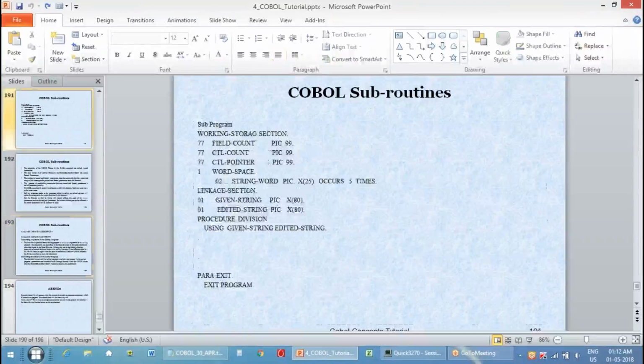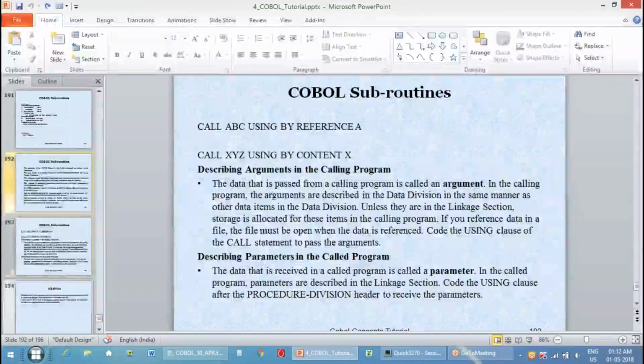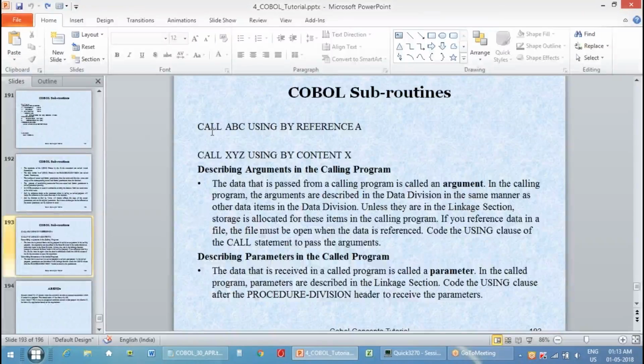And you can call by reference and by content. If you call something by reference, whatever values you are passing to the subprogram, if they get modified, the updates will be